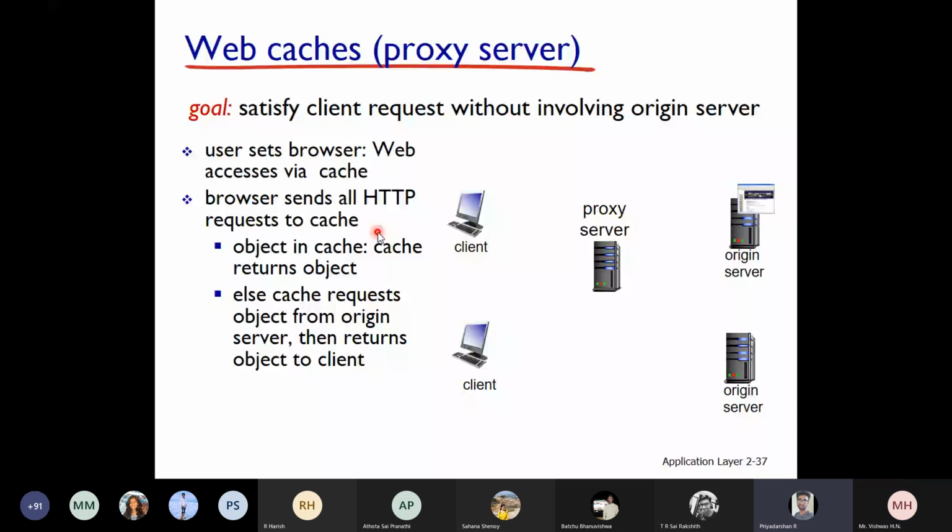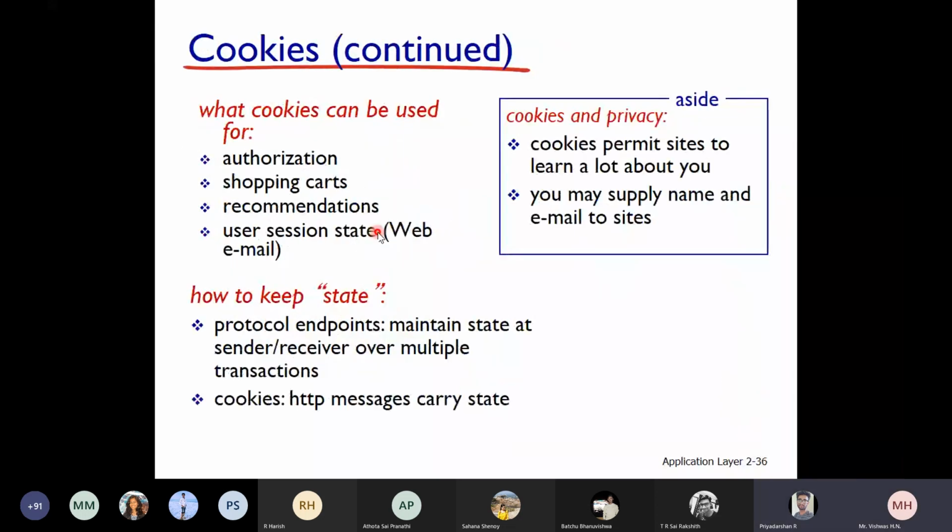Sir, there cannot be an HTTP response without an HTTP request, no, sir? No, there cannot be an HTTP response without a request. But why am I getting ads from Amazon when I'm using YouTube, sir? It would be well and good if that recommendation worked only when I'm using Amazon, no, sir?